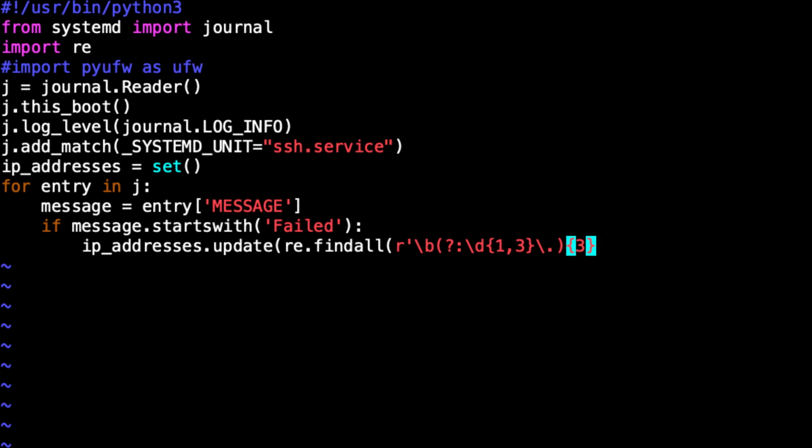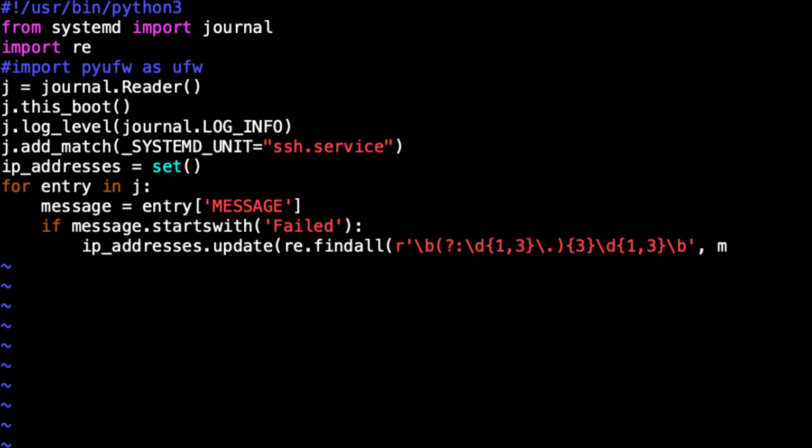We don't actually want 4 because we don't have a dot following the 4th block. So I know we have 4 blocks of dotted decimals, but there is no dot after the 4th. For our 4th block, then again, it's going to be written the same, but just without the dot. So we want digit \d. We want a minimum of 1, a maximum of 3, so 1 to 3 digits, followed by, and then again our word boundary, the \b. Be careful with your \b's and your \d's there, don't get them mixed up. That's the end of our regular expression, so we can end off our quote. Ugly, isn't it? But believe me, this is really powerful.